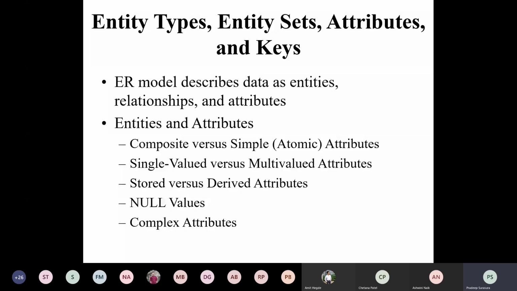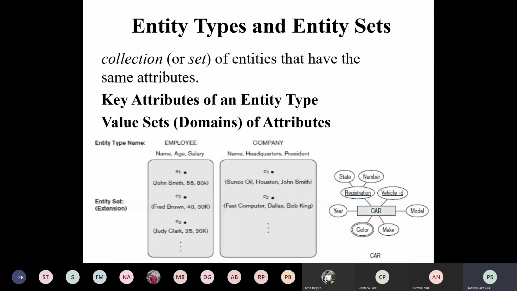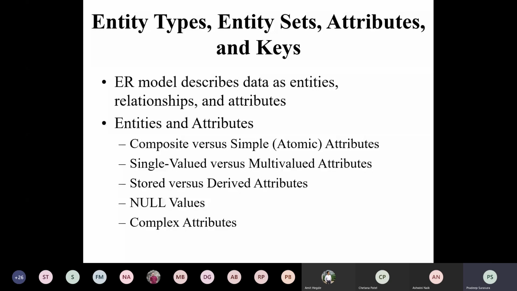So here you have the ER diagram. You have something called an ER diagram, which stands for entity relational model diagram. You try to show the different entities, different attributes, and their relationships.